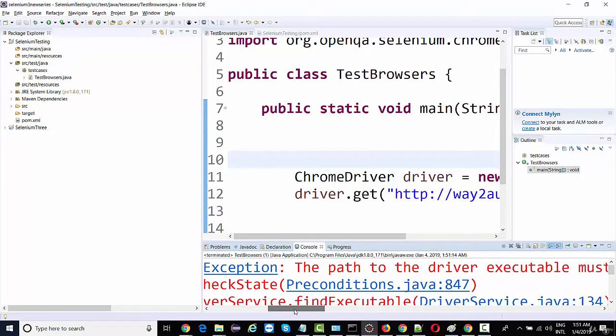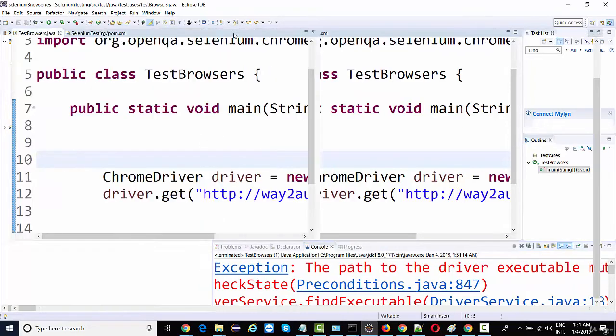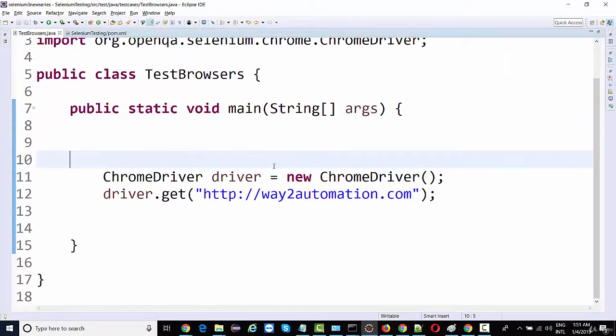So the only possibility we have seen so far is that we need to get that executable file and give the path or paste it in the root directory and then run it. But what if the browser upgraded to the latest version? Let's say after a few days, a new version of the browser launches. Chrome driver updates to the latest version. Then again, we need to go to Selenium HQ and download the latest exe. Same thing goes for Firefox, same thing goes for other browsers as well. What if a team of 100 testers is doing the same process? Again, it's a manual process.